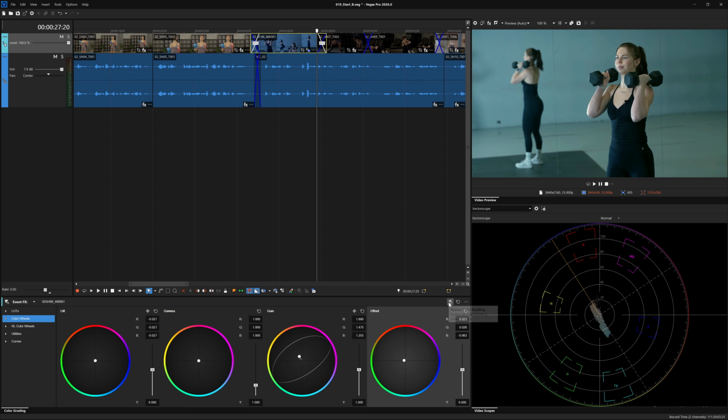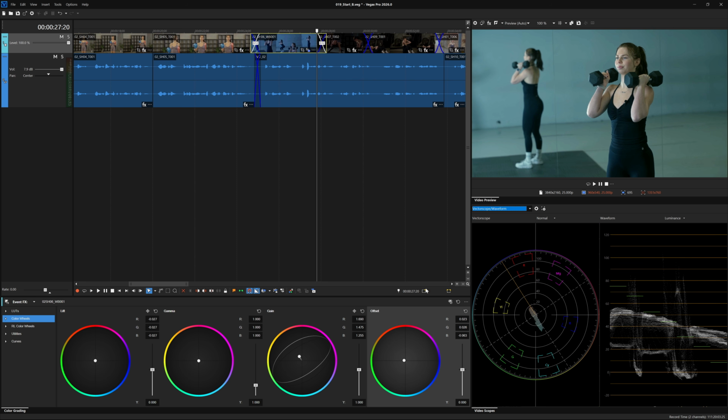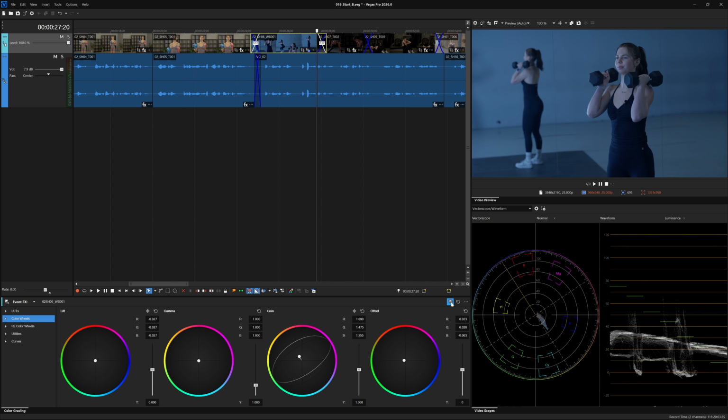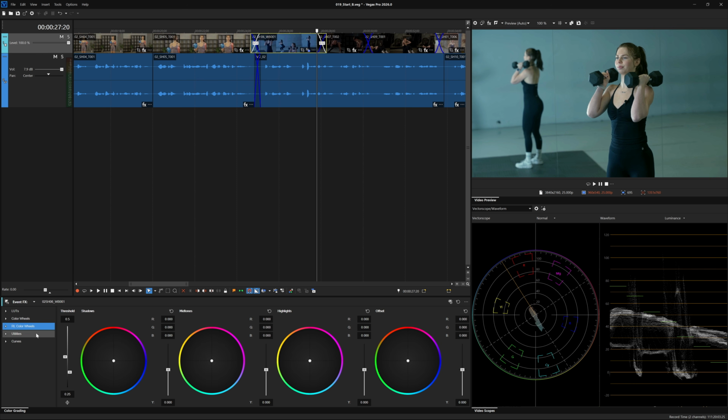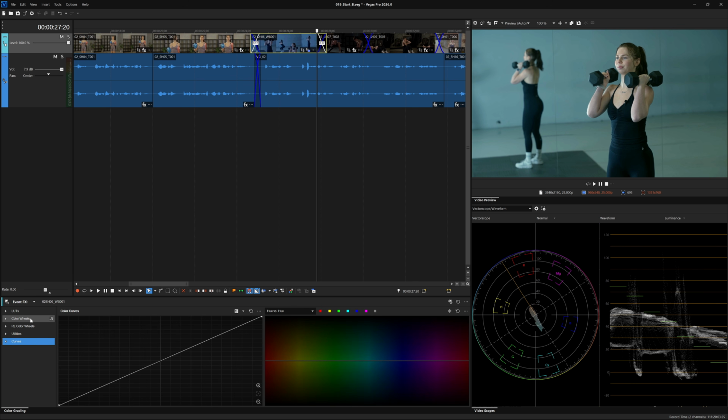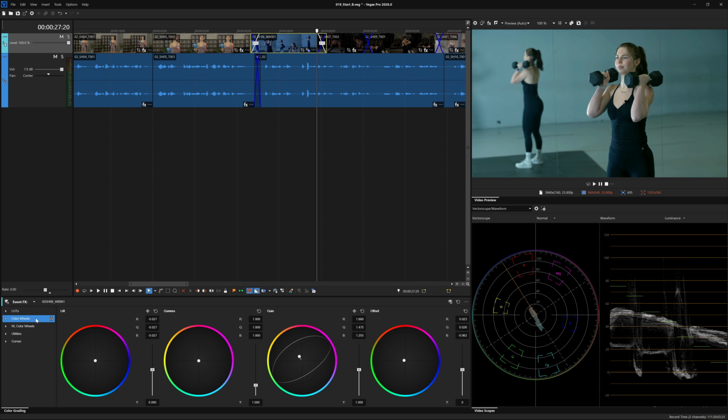You may also want to switch to the waveform monitor and adjust the exposure levels if certain areas are now too dark or too bright. Don't forget to toggle the bypass color grading button to see how far you've come. That completes the basics of a technical grade. You can choose to leave the grade as it is, or you can work on additional creative grading using the various tools to design a stylized look.